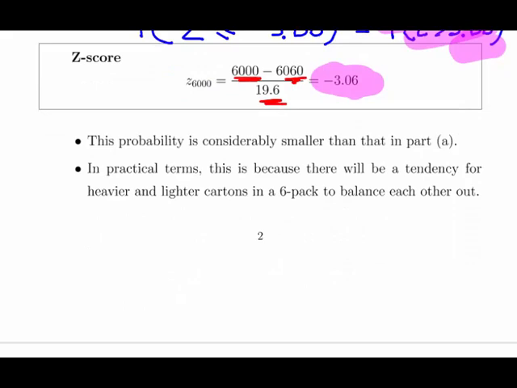Okay. Now the probability is considerably smaller than part A, and in practical terms that is because there will be a tendency for heavier and lighter cartons to balance each other out in terms of overall weights. It'd be very, very unusual to get 6 packs of juice that are all less than the nominal volume for one carton. So moving along,